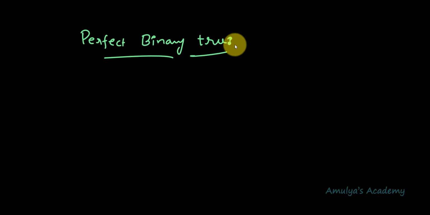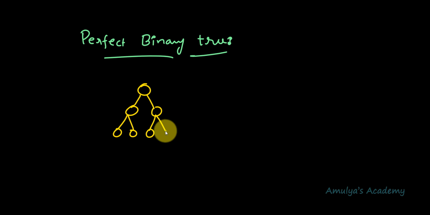Right? So let's take an example. This root node is also an internal node, so it contains two children. Now this node should also contain two children like this, and here you can see this is a perfect binary tree because, first, every internal node, these three are the internal nodes, contains two children. And the second is that all the leaf nodes are present in the same level. Level 0, level 1, level 2, level 2. All the leaf nodes are present in level 2. So that's why this is a perfect binary tree.